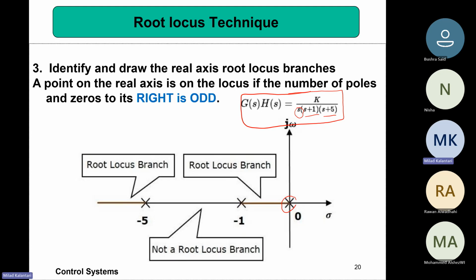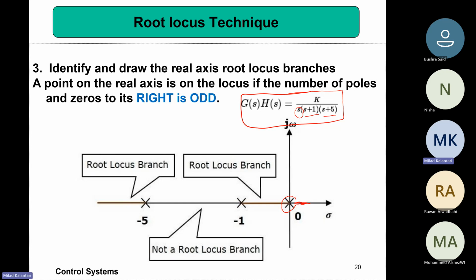For that case, there is a simple rule. On the real side, you should always have an odd number of poles or zeros on your right hand side to become a root locus,